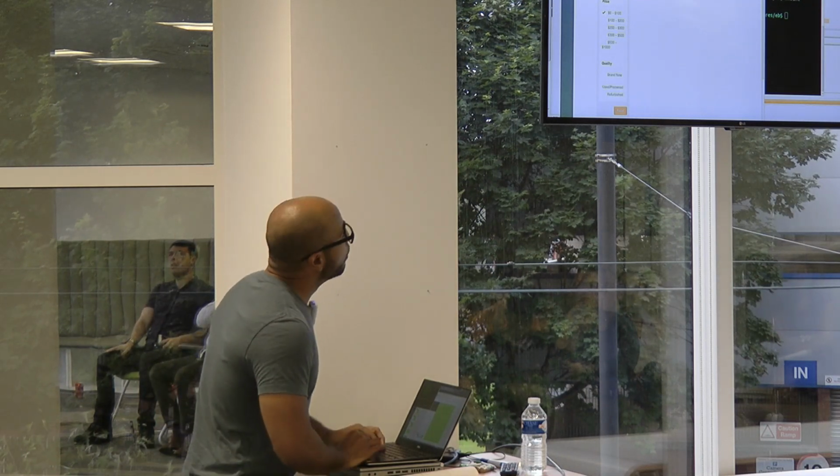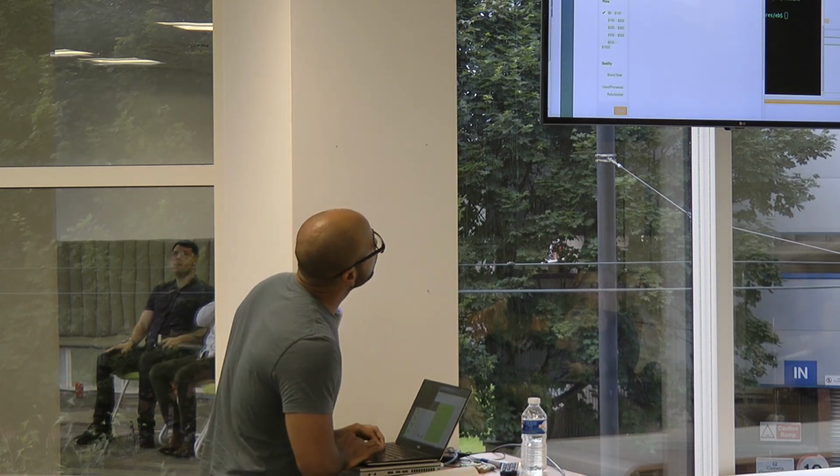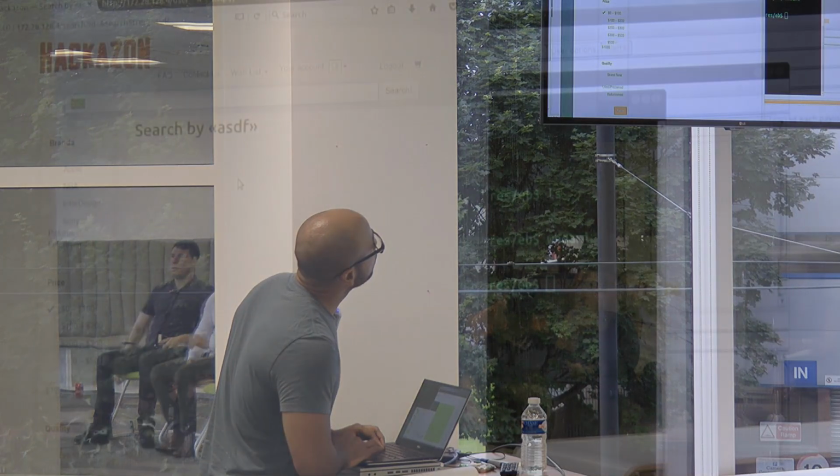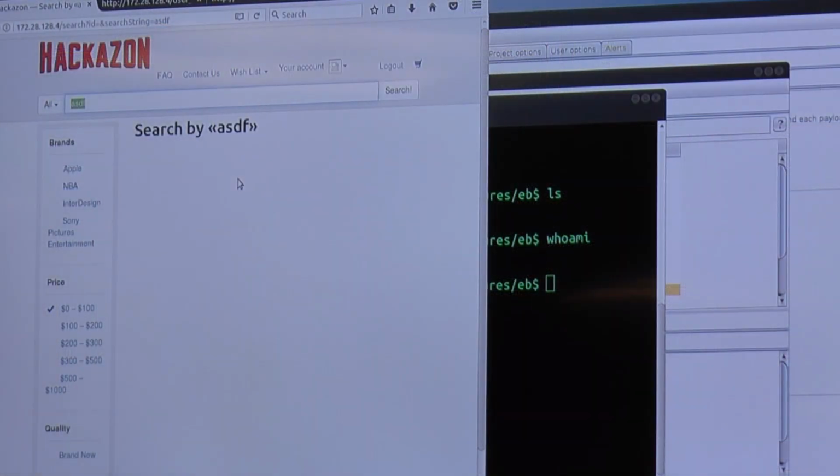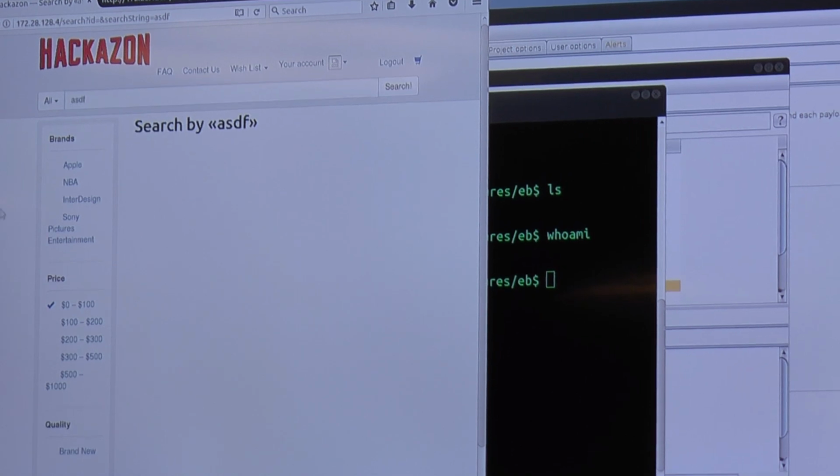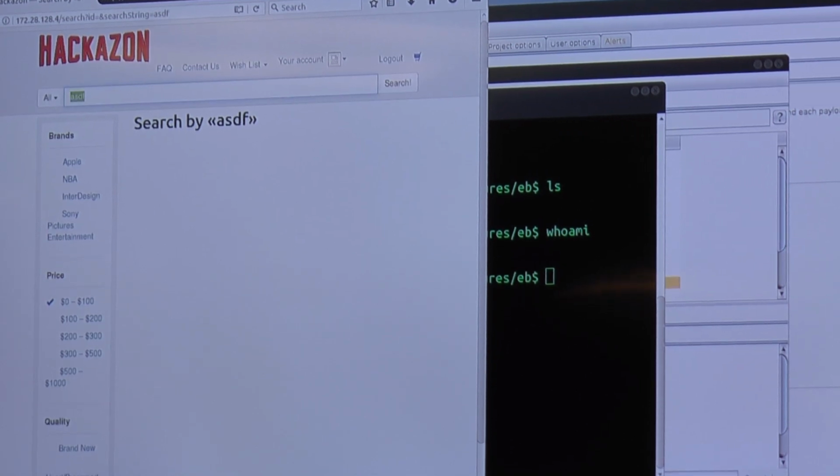Okay, so what we can do. A quick way to test if something is vulnerable is just to put in a little apostrophe, because that's going to change the logic of the statement. And you can see it breaks, which means that it's probably vulnerable to SQL injection. So the next thing we can do is